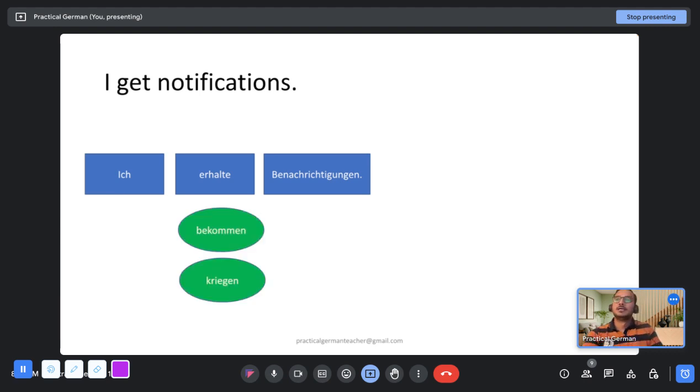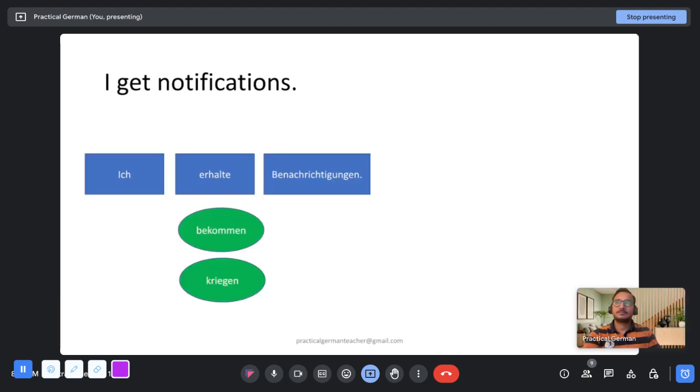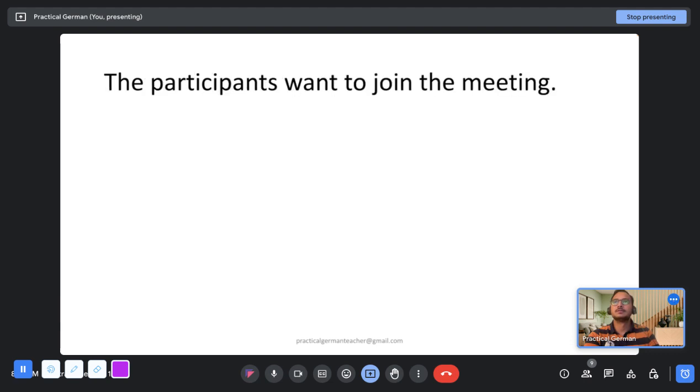Okay. You can say bekommen as well, kriegen as well, but don't use kriegen unless someone else is using it, because kriegen is very informal. It's not bad language. It's just that it's very informal. It's very colloquial. So don't use it if other guys are not using it in your circle. I will never use kriegen in front of my boss unless he uses it first. Okay, yeah, so bekommen also means to get.